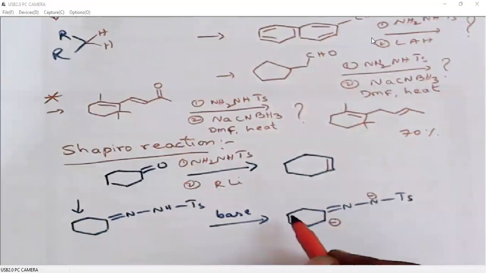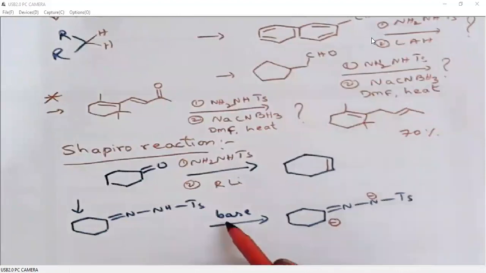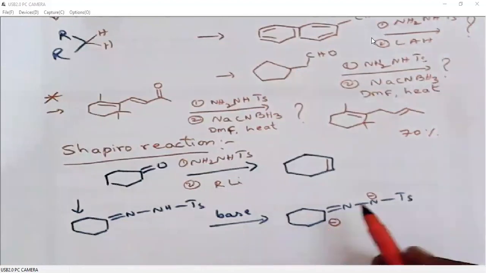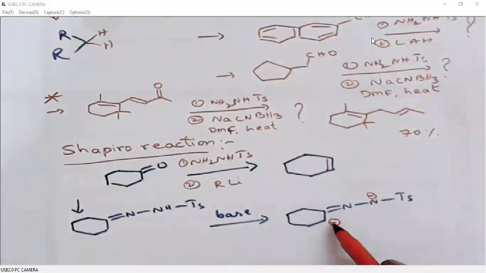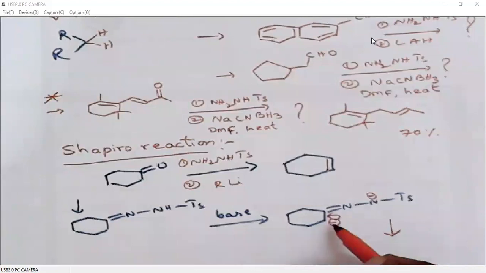Imine and carbonyl have similar reactivities. So the proton on the alpha carbon is also acidic, similar to a carbonyl. So when we add a base, the proton on nitrogen and the proton on the alpha carbon will be removed, and we will be generating a dianion here. This is most important. When we have this dianion, just polarize these negative charges one by one. So first polarize this fellow. So this will be polarized to generate the carbon-carbon double bond in the first step itself.